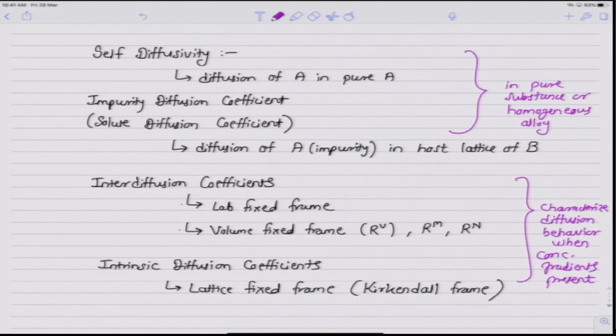So, note here, although the interdiffusion coefficients and intrinsic diffusion coefficients characterize the diffusion behavior in presence of concentration gradients, these coefficients are not functions of concentration gradients, but they are functions of composition only. In order for them to be material properties, they have to be functions of composition. If they depend upon concentration gradients, then they will not be material properties, and